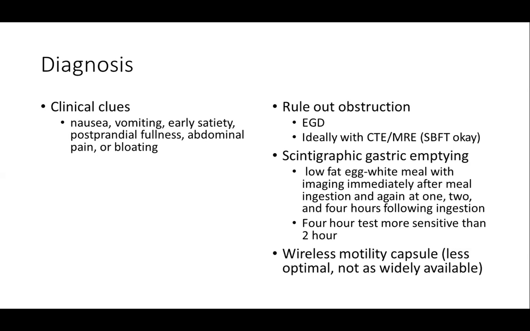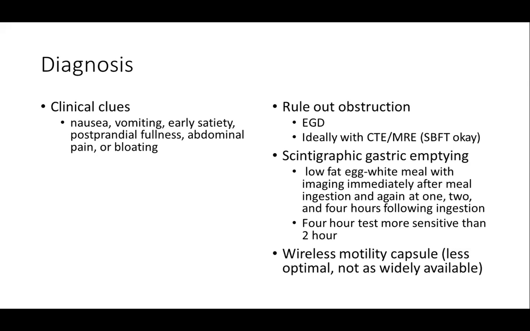And the reason why I bring that up is because peptic ulcer disease is probably one of the most common causes. You'll see just inflammatory changes, peptic ulcers, and subsequent stricturing as a result. So that's why you do this test, to make sure that there's not an obvious mechanical obstruction. And then at some point you want to look at the small bowel, make sure there's nothing distally. So a CT enterography or an MR enterography, or if you just want to do x-rays, you can get a small bowel study where they swallow contrast and take x-rays throughout.